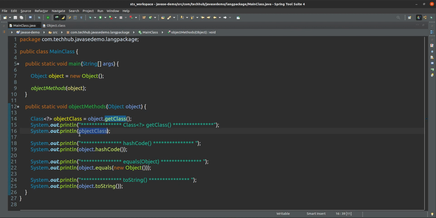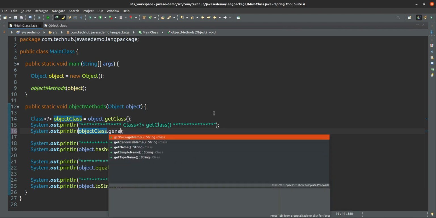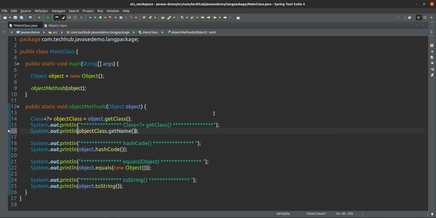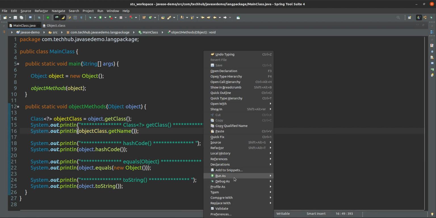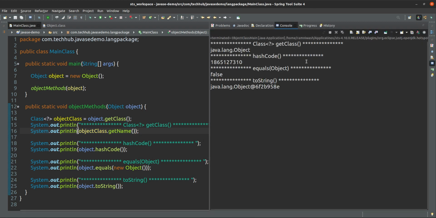Suppose this is getClass. It is written in this getClass. Here also I can apply getName, the same thing. See, yes, this is a class name, the java.lang fully qualified class name. The class name is represented with the fully qualified class name in Java, because you can create an Object class yourself. You can give the class name as Object also, but that will not be this class.